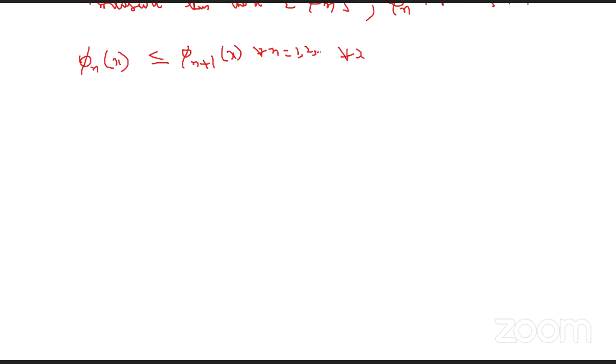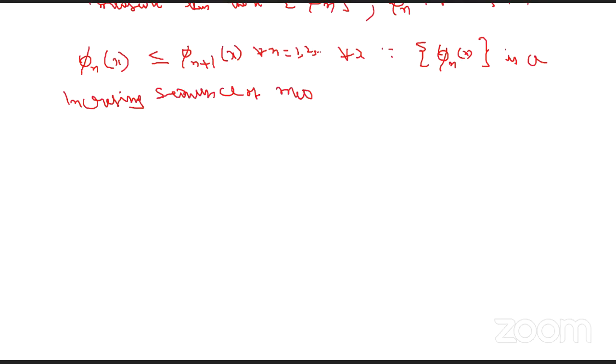Then the sequence phi n of x is an increasing sequence of measurable functions